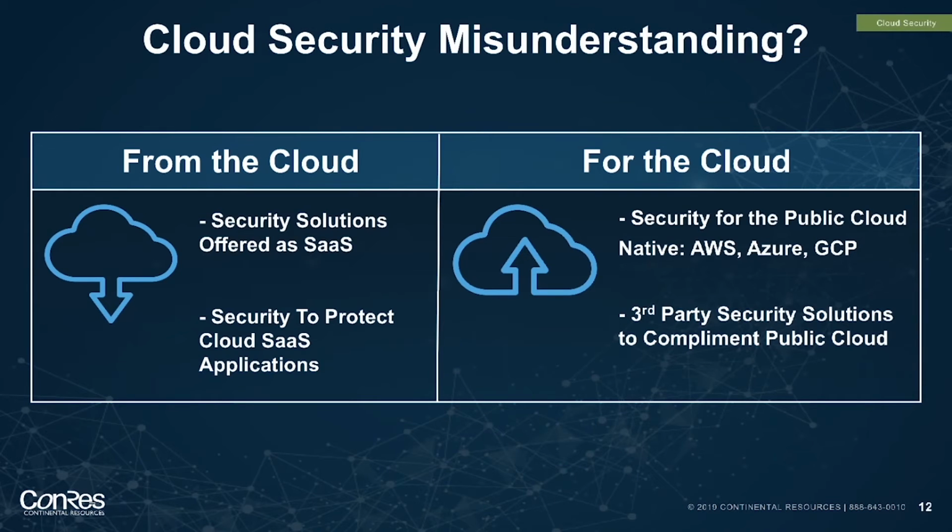Like Palo Alto, Cisco Viptela SD-WAN, Stealthwatch, VMware NSX, ACI Anywhere. These are all things that are offered as third-party complementary solutions to what a customer can already do with a